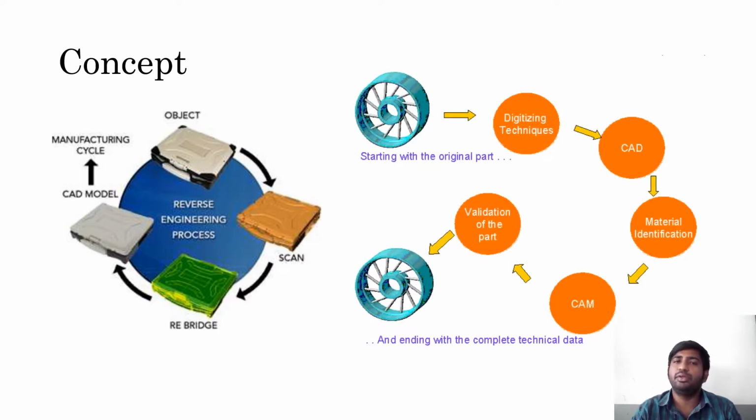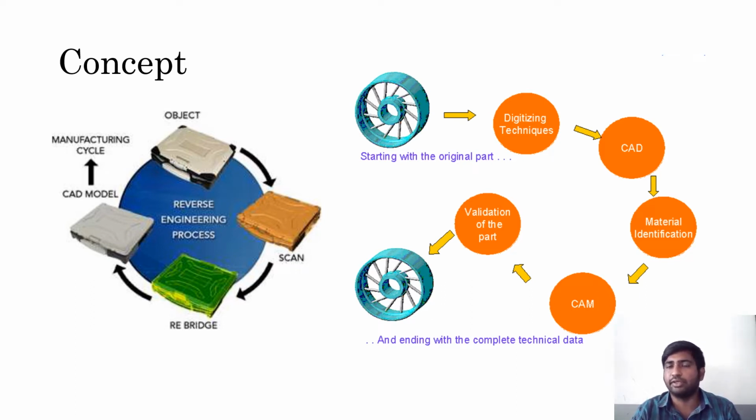Consider this scenario. We have one wheel, right? We lost the CAD data. So what will happen now? We are in need to create the wheel, and for the creation of the wheel we need some CAD data, right? Since we lost the CAD data, in this scenario we have to use digitization techniques for capturing the cloud points of this wheel. For that we are going to use some 3D scanning techniques or a CMM, in order to capture the cloud points.